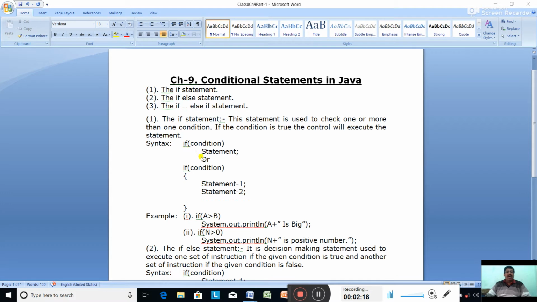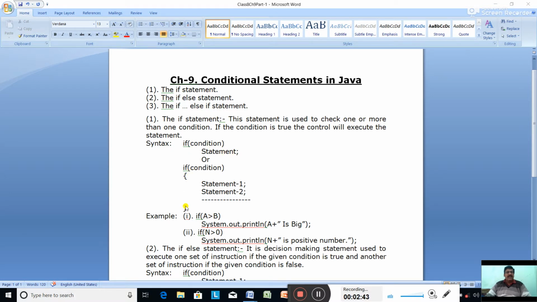Or if condition and we have more than one statements to be executed, then we'll make it a block. Statement 1, statement 2, statement 3 will be put under a pair of curly brackets. So this curly bracket is optional if you have only one statement to be executed in the if.